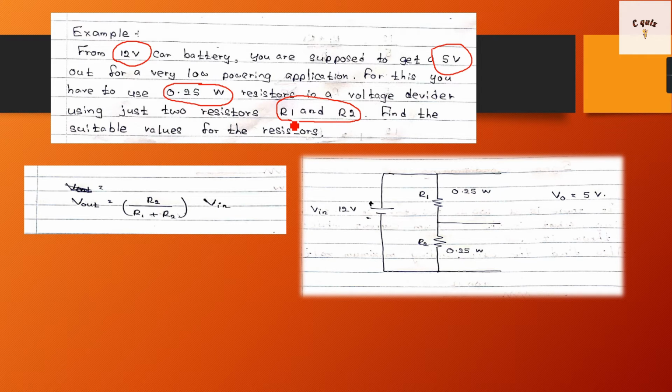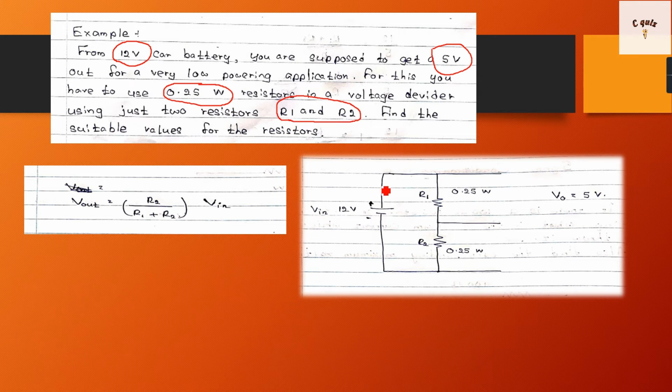In a vehicle we know there is a 12 volt supply, and the vehicle has a lot of electric equipment. When we talk about an LED, we know we can't use that 12 volt directly to light up the LED bulb. So we need to divide that voltage and get a suitable value to light up the LED. In order to do that, we use this voltage divider system.